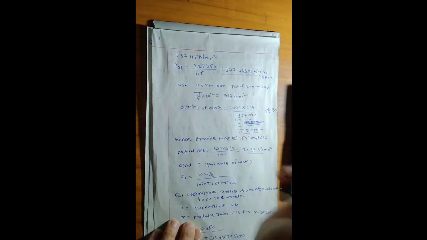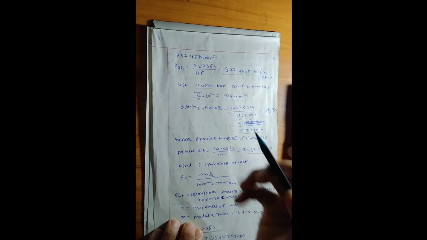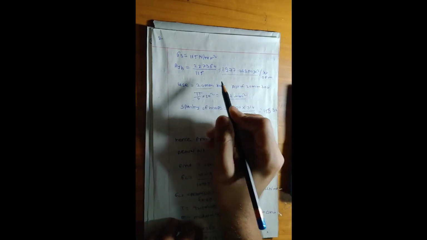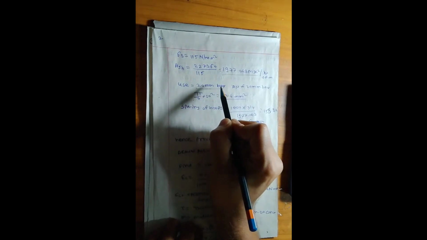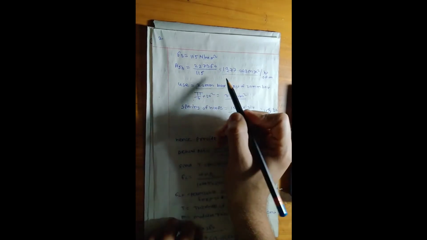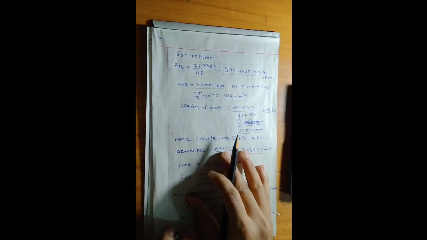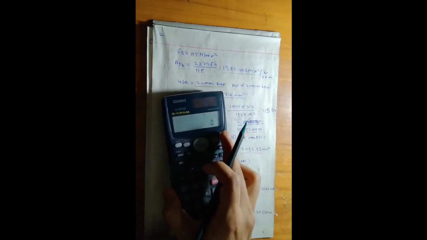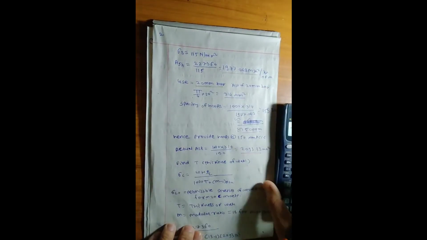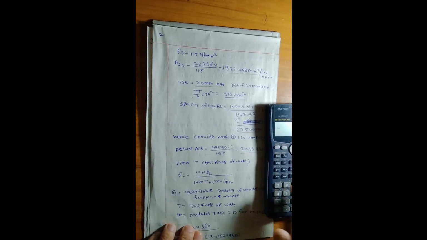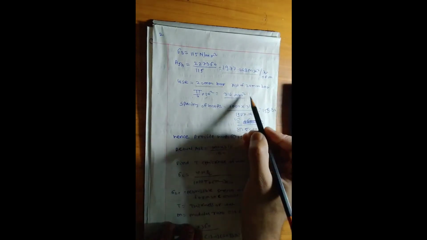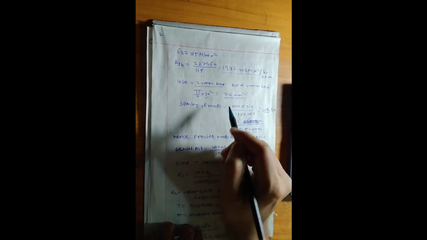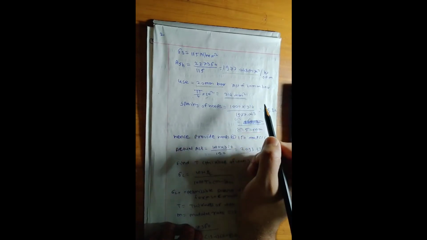Then we have to apply the reinforcement. In reinforcement, the choice of bar, which diameter of bar is used, is up to our decision. So in this problem we have assumed a 20 mm bar. First of all we calculate the area of the bar. It is pi by 4 into 20 square, which is 314 mm square. So one bar has an area of 314 mm square.